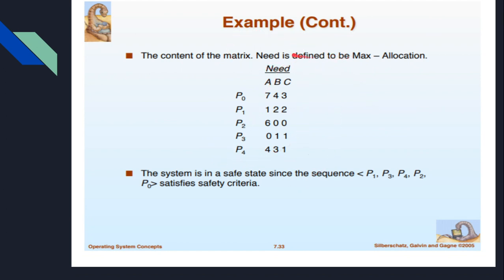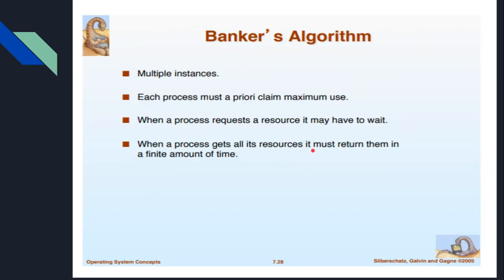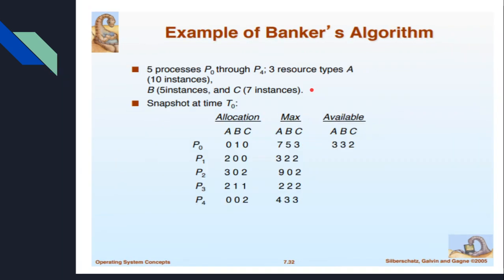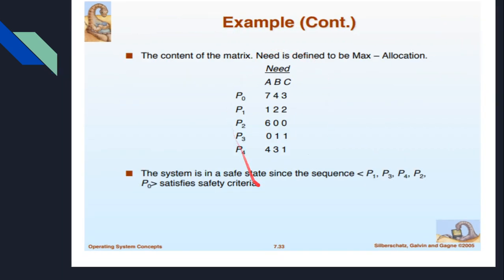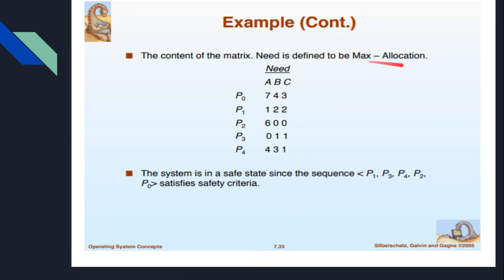Now we have seen that Need is equal to Max minus Allocation. So we take the Max matrix and subtract the Allocation matrix from it. So 7 5 3 minus 0 1 0 is 7 4 3, 3 2 2 minus 2 0 0, and so on, each subtracted and given here. So this is the Need matrix, obtained from Max minus Allocation. It is just a simple matrix subtraction.